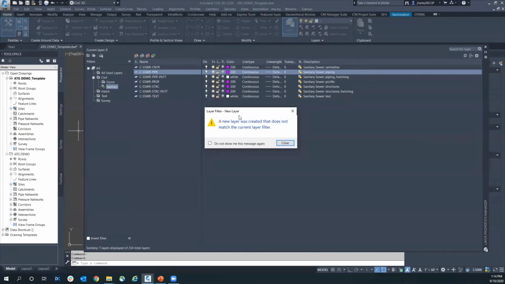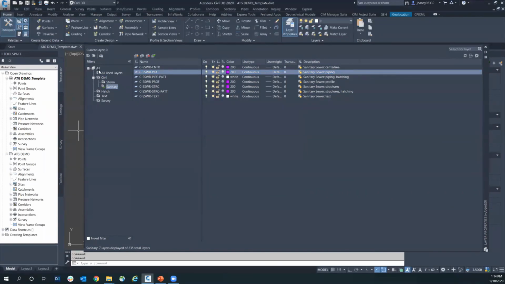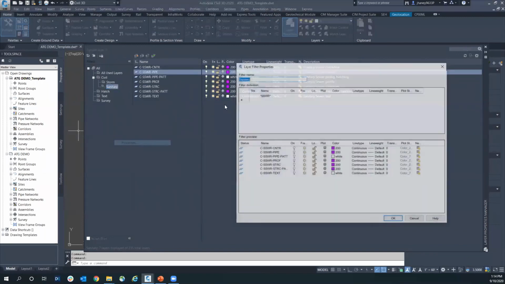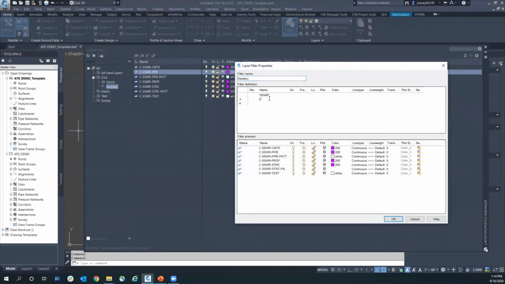It's going to tell me, hey, this isn't part of it, and it's going to add it to our all group, and it's going to add it to wherever I have that layer filter in, but it's not going to add it to the ones that don't. But if I'm working in a category that only has 10 layers or whatever, and it's smaller, and it gives me opportunity to work with it better, I don't want to have to keep going back and forth or work with this big list. I'll just come in here and add these layer filters to my template,